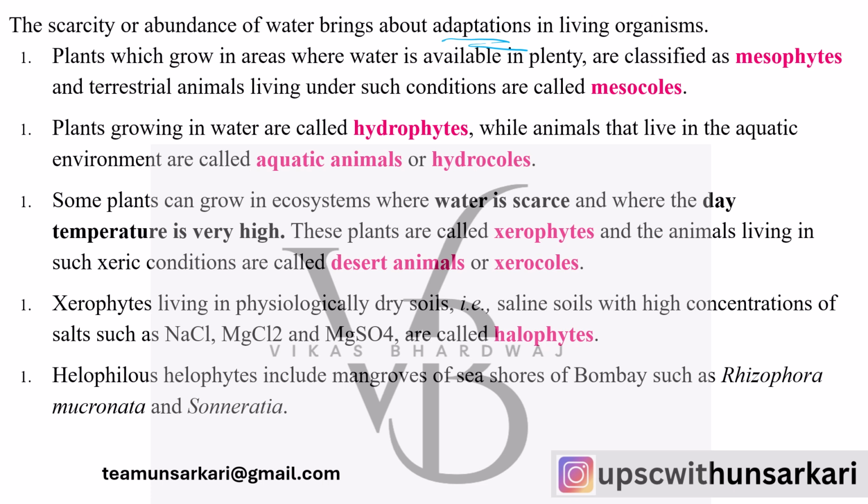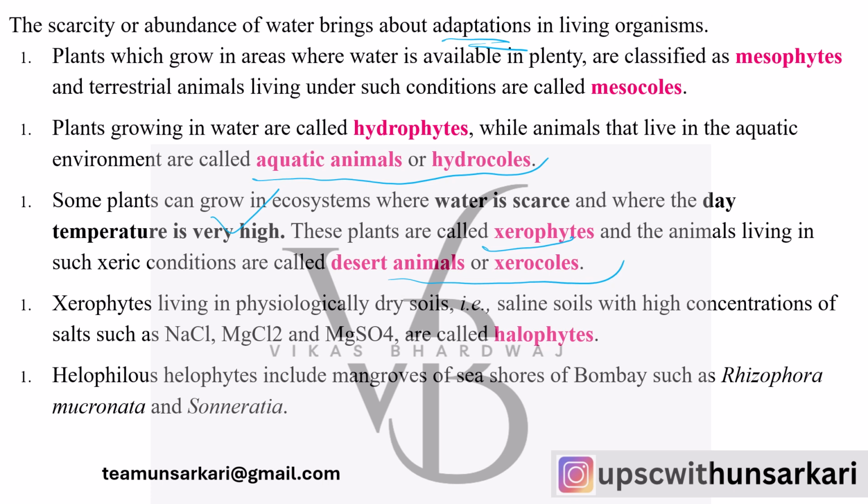Plants growing under water are called hydrophytes, while the animals living in aquatic environments are called aquatic animals or hydrocoels. Similarly, some plants can grow in ecosystems where water is very scarce and the day temperature is very high, such as in deserts. These plants are called xerophytes. And the animals living in such xeric conditions are called desert animals or xerocoels. So you have to remember what is mesophyte, what is mesocoels, what is hydrophytes, what is hydrocoels, what is xerophytes,